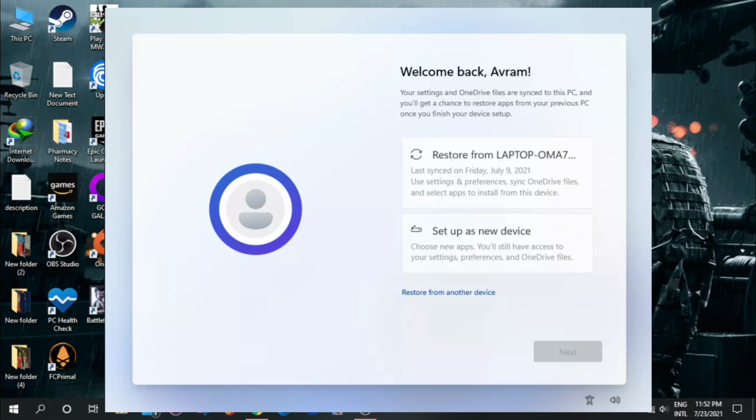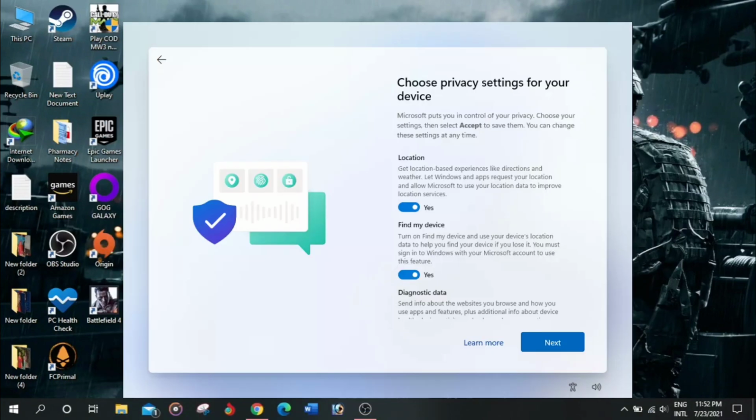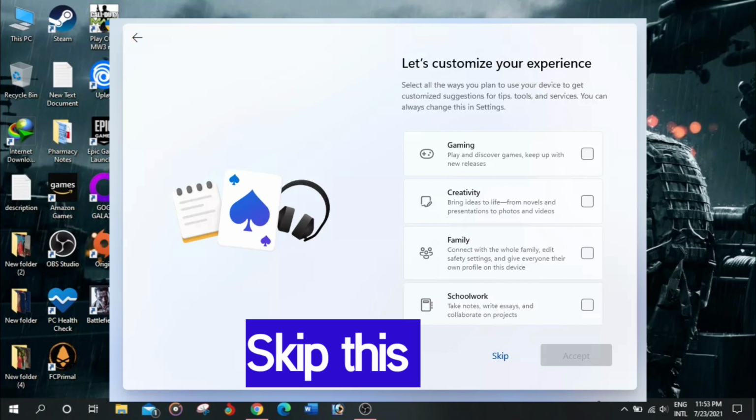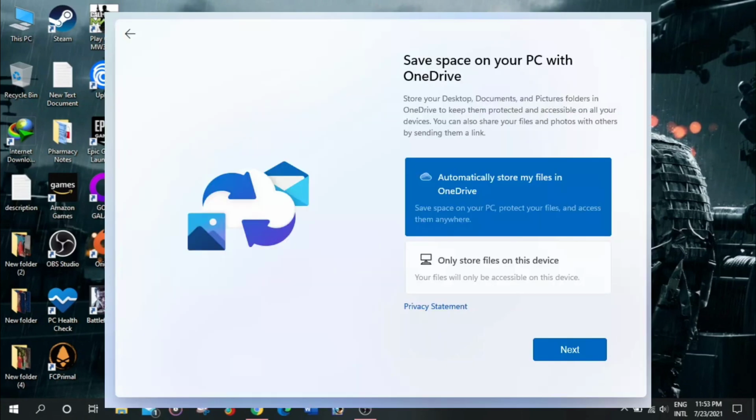After that, you can click set up a new device or you can just restore from a previous configuration. Then the next step will be to enable or disable privacy settings and click next. Another step will be to select your interests to help customize Windows 11 recommendations, or better yet click skip. So you can just skip that.